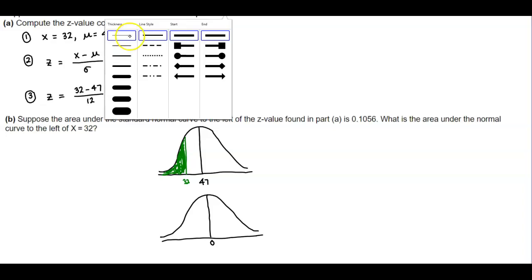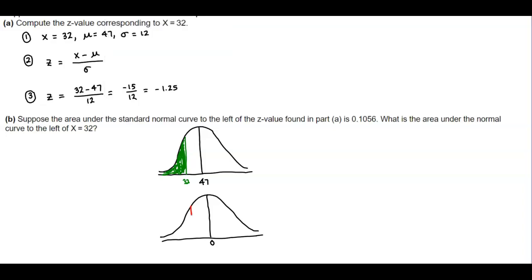And if you notice that the value that we got for our z-score was negative 1.25, which is to the left of 0. So we want to find the area to the left of that z-score. Well, in the first sentence, it told us that this is the area to the left of that z-score, which is